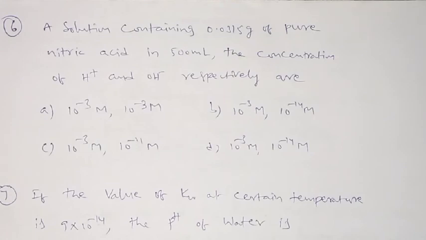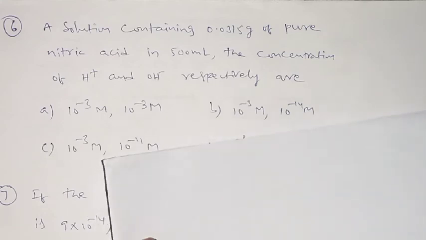A solution containing 0.0315 grams of pure nitric acid in 500 ml. The concentrations of H plus and OH minus ions respectively are? So here one solution is given. What is that? Nitric acid. So the nitric acid solution has weight 0.0315 grams and volume 500 ml given. The H plus ion concentration and OH minus ion concentration are asked. How to identify? First of all, if you want to know about the H plus ions, first we shall know